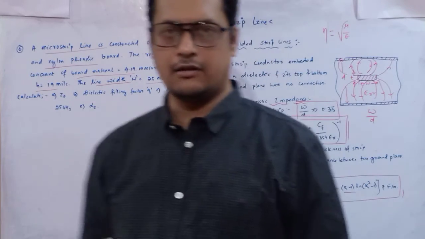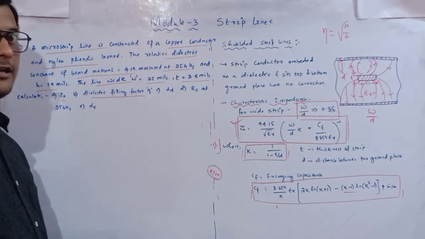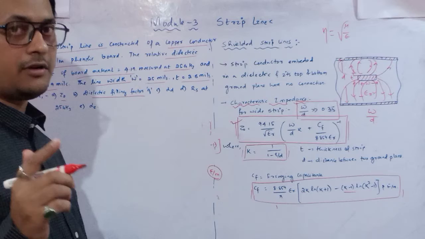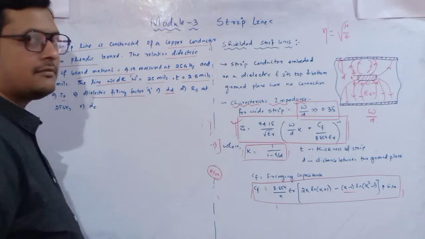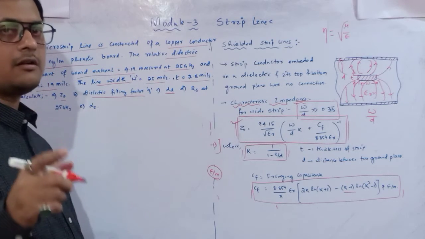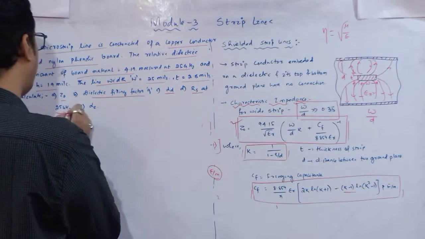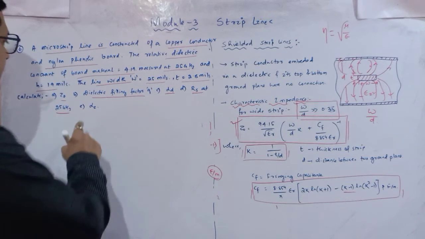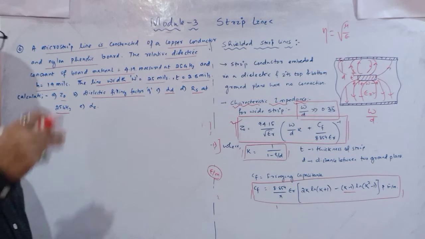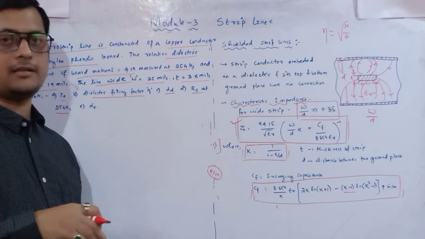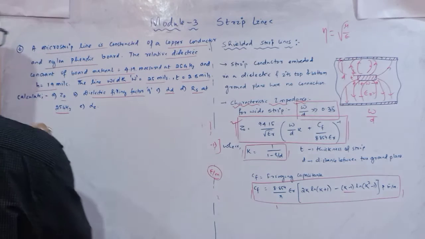Here we have to calculate the characteristic impedance and the dielectric filling factor Q. You have remembered the value of Q and how we identify it. Then alpha D, the attenuation factor due to the dielectric medium. Then the surface resistance at 25 gigahertz and alpha suffix C. So these are the unknown quantities. With the help of the relations we derived in the previous class, we are going to identify all of these. So step by step we will see.